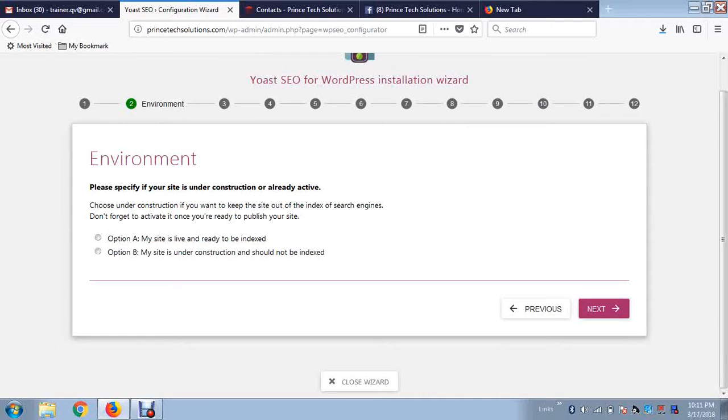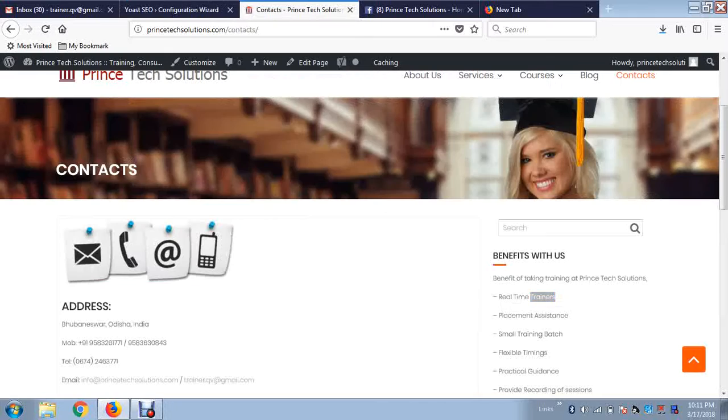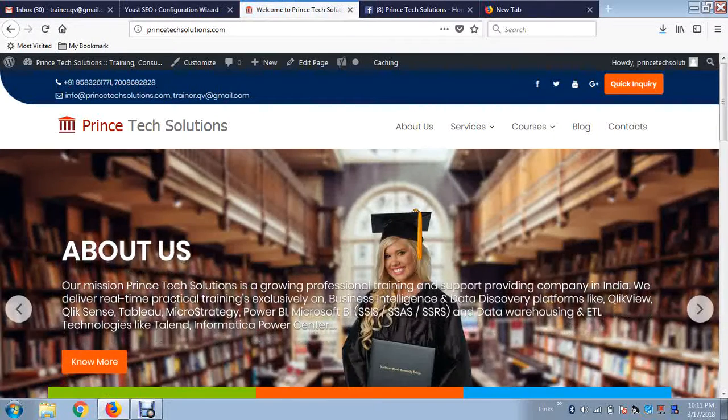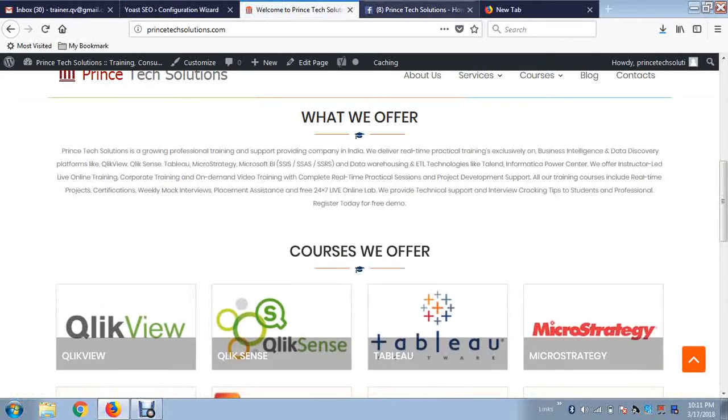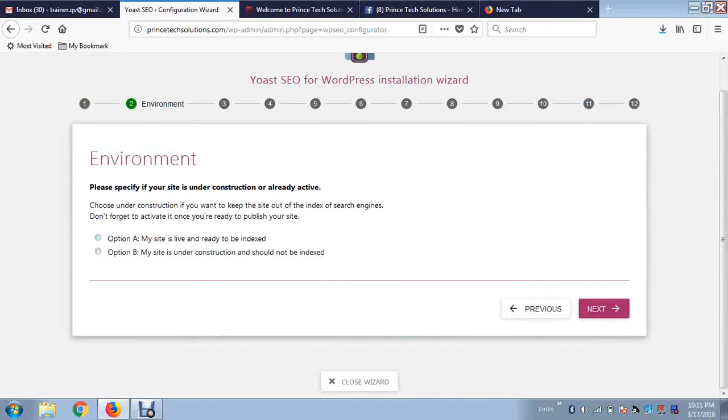Now what it says: please specify if your site is under construction or already active. My site is live and ready to be indexed. If your site is not active, if you are working in a private mode and have not published your website, you can choose the second one, else you choose the first one. You can see my website. I have a beautiful website which is active now. Users are also viewing it and I'm getting opportunities. So you can choose option 1. Next,